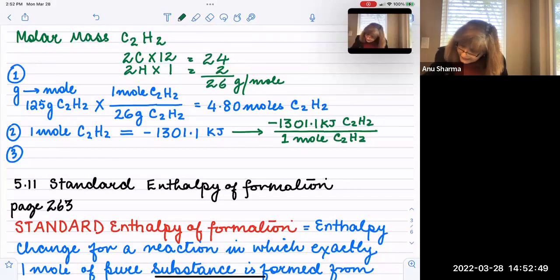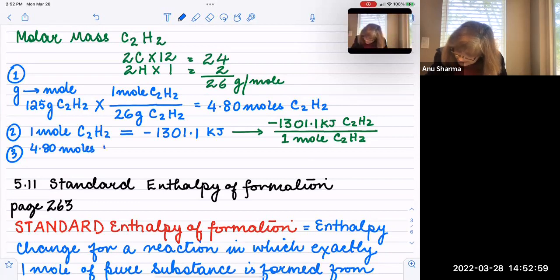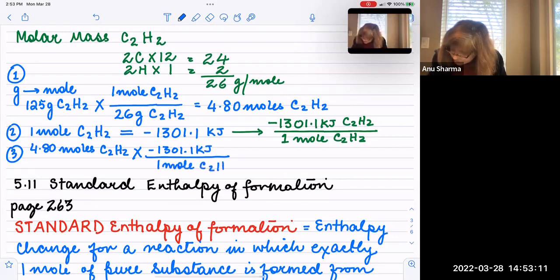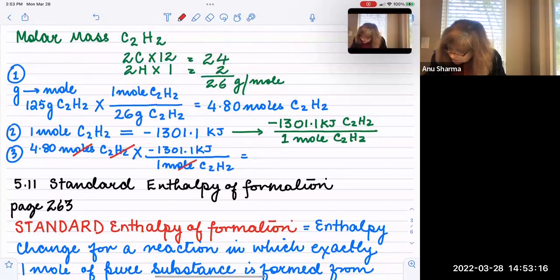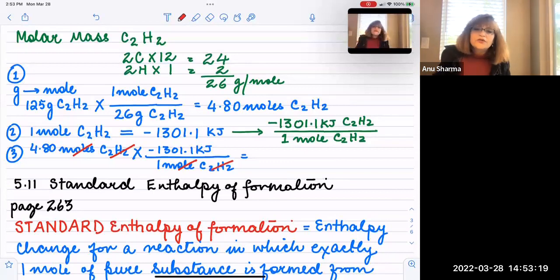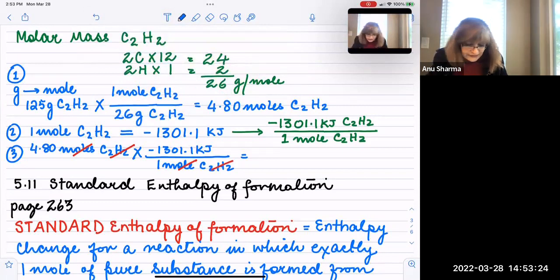Next, here we have 4.80 moles of C2H2 times negative 1301.1 kilojoules over 1 mole of C2H2. So here we see that the moles of C2H2 cancel out, and we are just left with the unit of heat. When you multiply this, the answer is